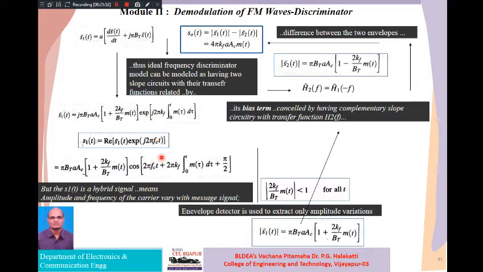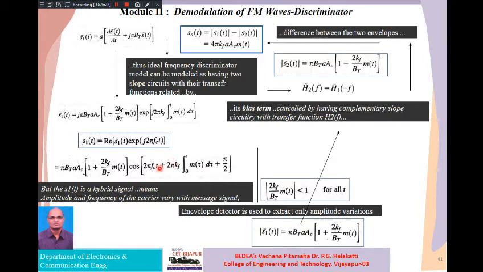So remember guys, what I am explaining here is not a mathematical derivation. I am not doing any mathematical derivation here. I am explaining in detail what is happening in the discriminator. We are still on the main point of discussion: we are trying to understand how the transfer characteristic of the frequency demodulator is exactly the reverse of that of the frequency modulator. Keep that in mind.